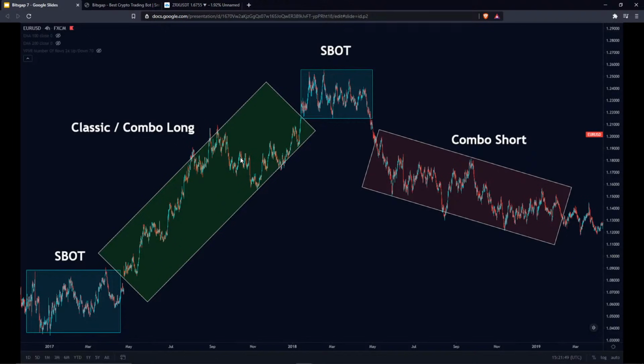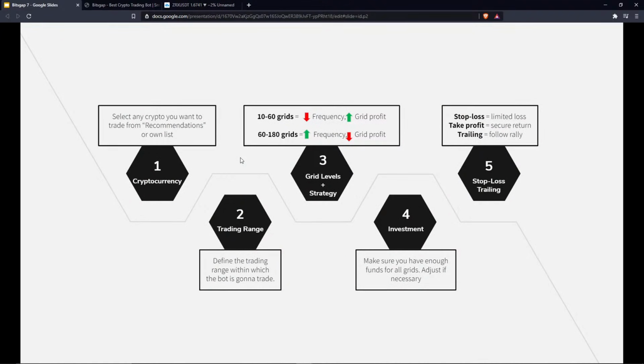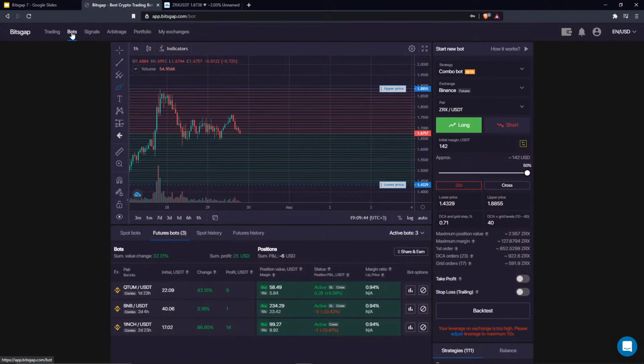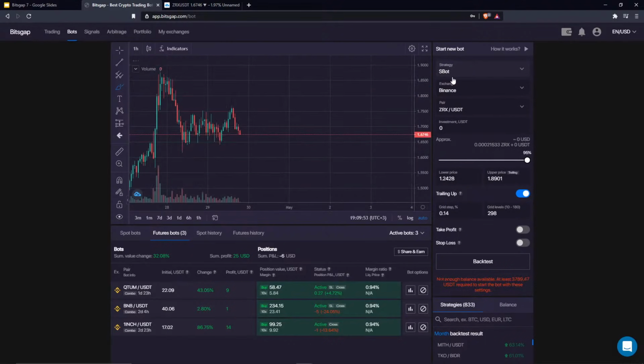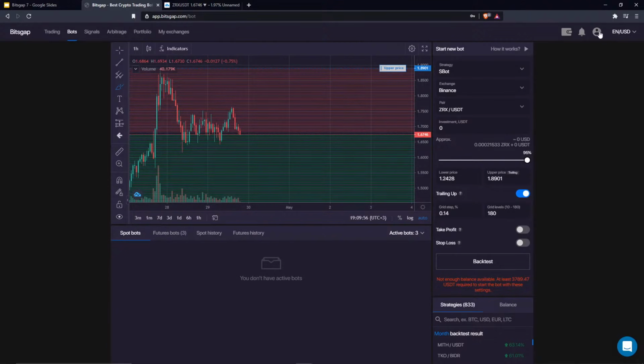All right, so that's the ultimate solution so far. Now let's go through the configuration, and I will show you exactly how to configure the classic bot, the SBOT, and the Combo bot depending on the current market scenario. So we go back to the platform, we open the bot section here, and let's go to the spot market. We will start with the SBOT and the classic bot, and let's switch to the